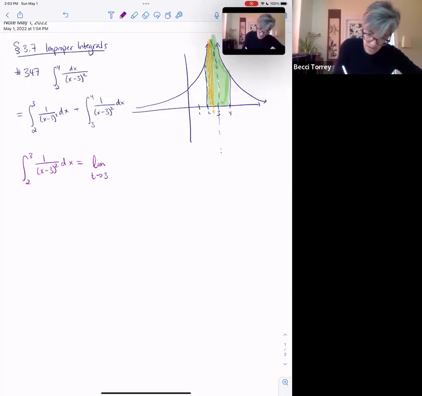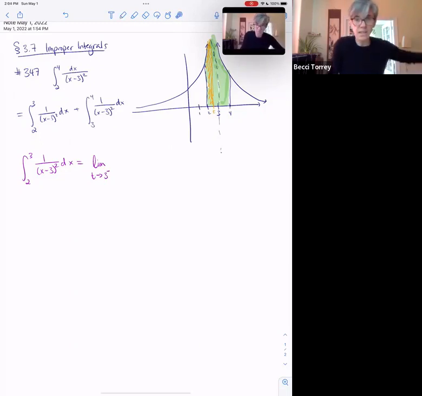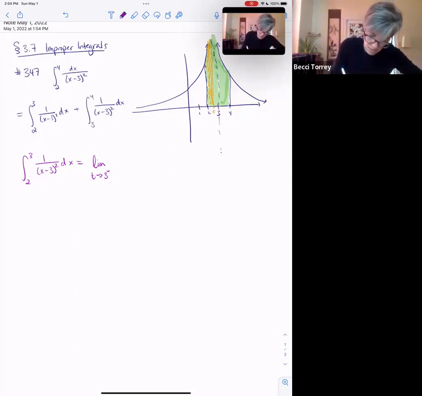We have to indicate from which side. So in this case, we're coming in from the left side, which is the side that's sort of on the negative side, even though all the numbers are positive. So it's the side that's less than 3. That's what this little minus sign in the superscript means: we're coming in from numbers less than 3. Then we compute the integral from 2 to t of 1 over (x minus 3) squared dx. Because that t value is some other number that's not 3, everything is nicely well defined, so we can compute this finite area